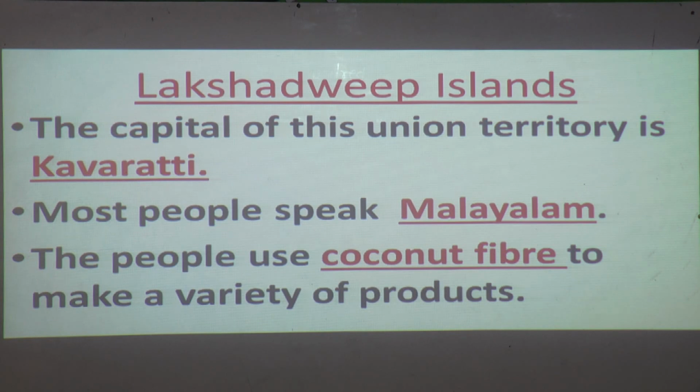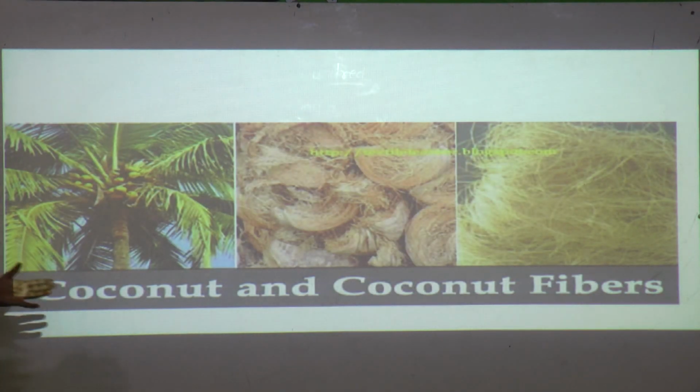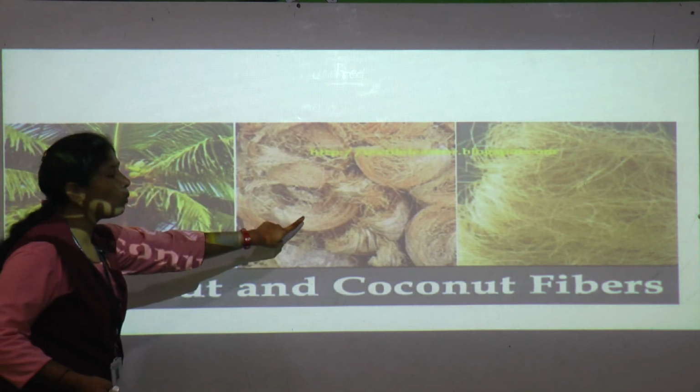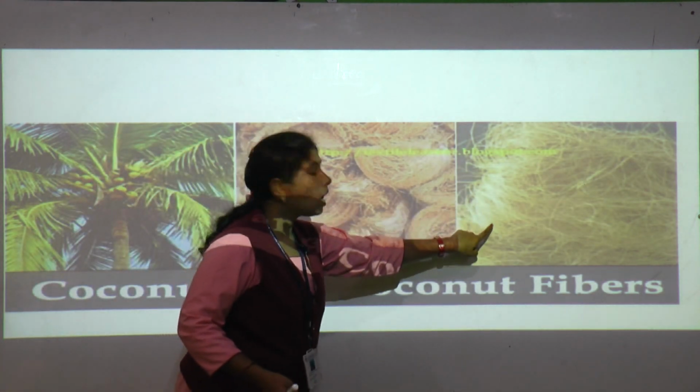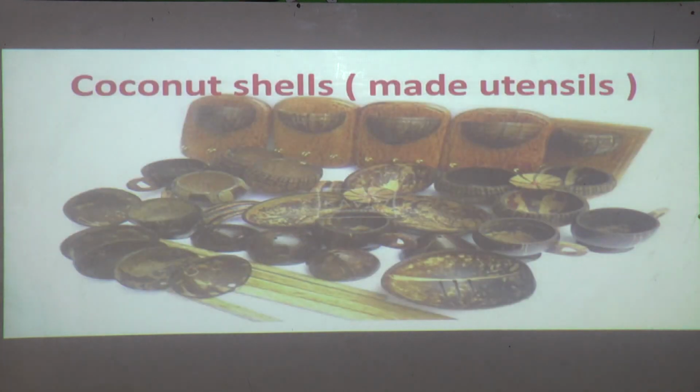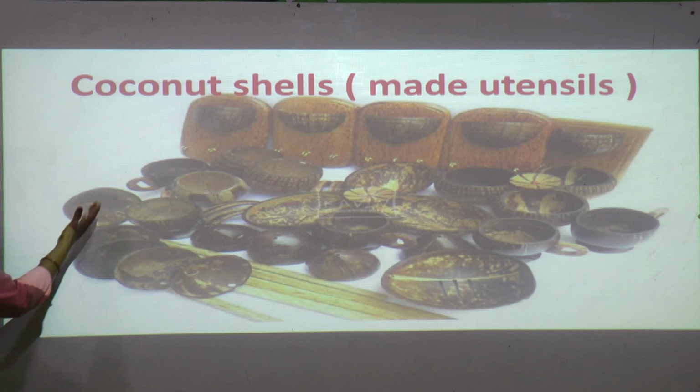Now from where do we get our coconut fibers? These people have a number of coconut trees, which produce coconuts, correct? So what is the main occupation? They do a variety of things with the coconut. Can you all believe it? When you get a coconut, the outer part looks like this. Then they make coir from that. After we break the coconut and drink the water, what do we do with the outer part? We throw it away. But they do such things.